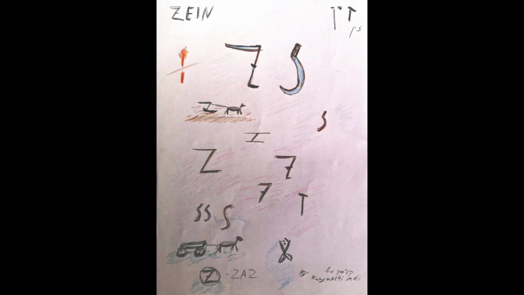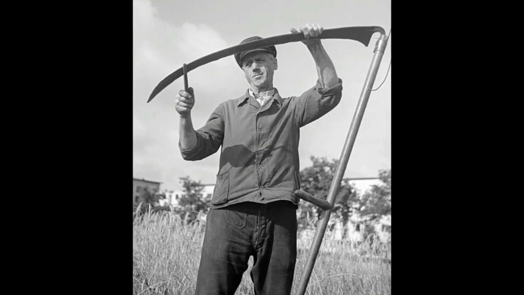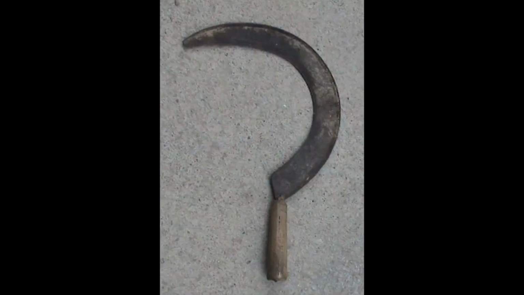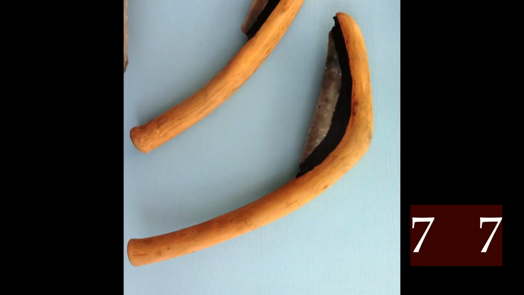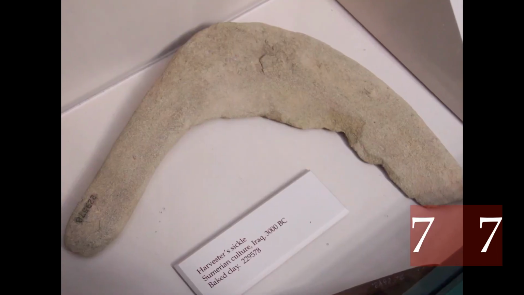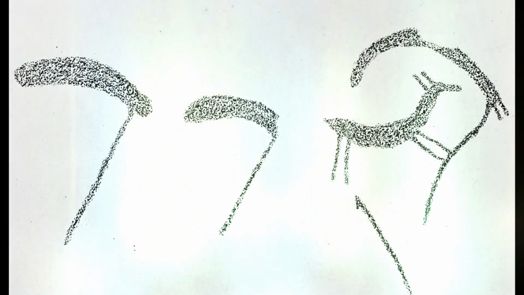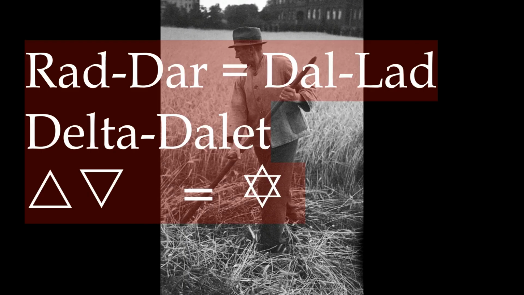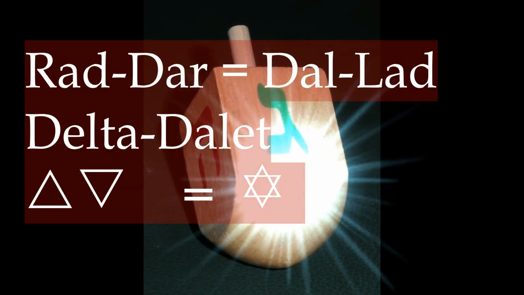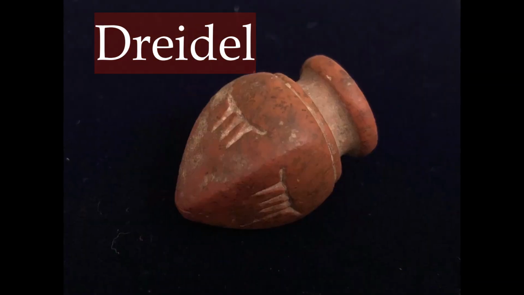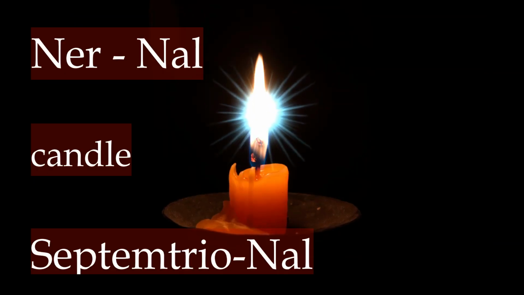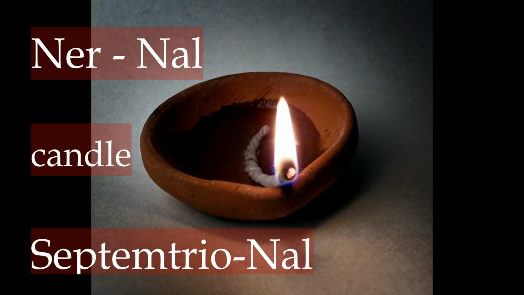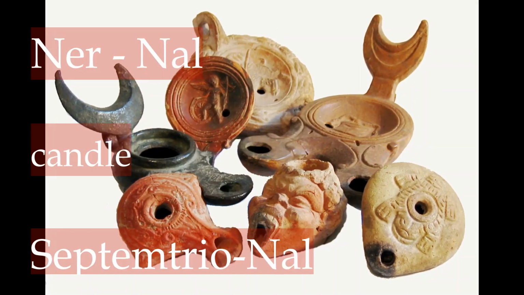In Spanish, septentrional. The word consists of 3 parts, septum, trio, noun. There is also a form in which the letter M is replaced by the letter N. The first part septem, also septen, means 7, September, see paragraph above as aforesaid. The second part, trio, derives from the combination dares in the word raddar, or dreidel, in the sense of rotation. For this see the chapter dealing with the letter D, delta, dirta. The last conjunction, nel, can be called a candle, ner in Hebrew, in the sense of visible and leading. Note that the L, M, N, R letters alternate between them.